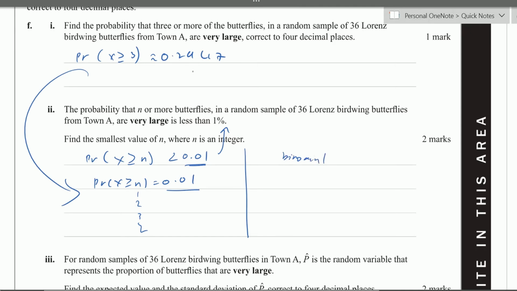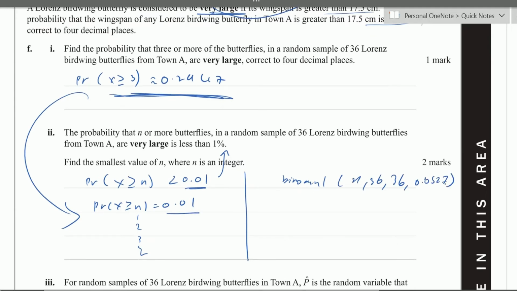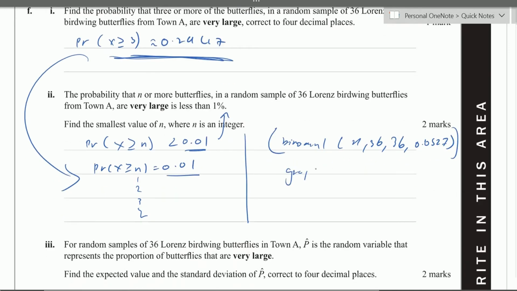And then the one that you would usually do to find this, so you have your lower limit, which is what we don't know, so it's x. But your high limit is 36, your trials is 36, and the probability is 0.0527. So you press enter in your main menu, and this will give you an error. It won't work, but what you do is you highlight this, copy and paste it into your graphing menu. Seems weird, but you paste it as a y equals function,